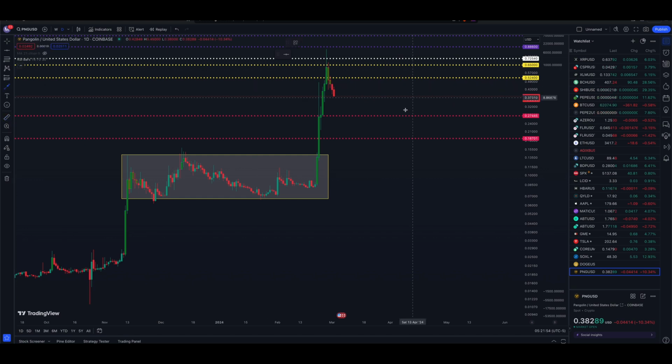Below that, let's say that doesn't hold for very long. Maybe we get a reaction like we did here. We got 1, 2, and then support. So let's say we get a 3-day reaction there, and then the price continues lower. The next level would be 18,701. 18,701 would be that level, guys. And from where we're currently at, that's going to put you down another 50% from where we're trading right now. So 50% lower would be that